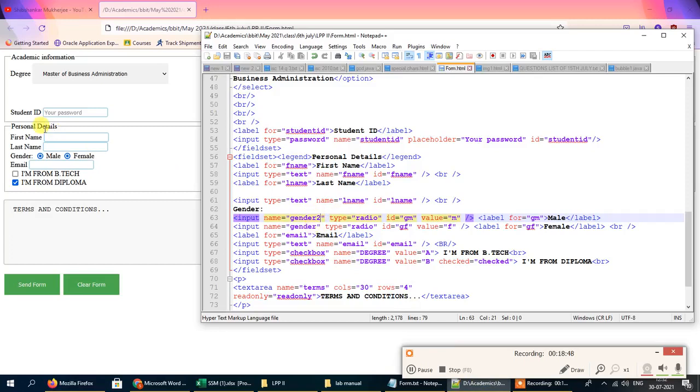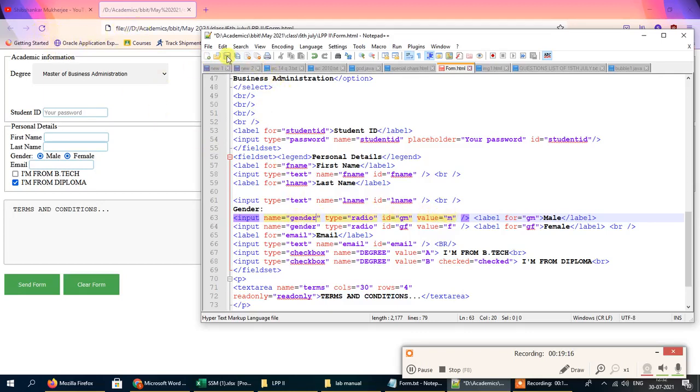A radio button is usually given so that only one of the available choices can be selected by the user. So to make sure that only one of these two choices is selected at any time by the user, we have to assign the same name to all the buttons that are presented under the radio buttons. So under this category, all the buttons that are there must be assigned the same name. So I have now renamed it back to gender, the radio button for male.